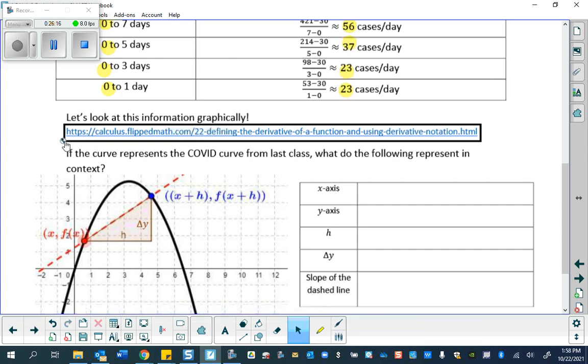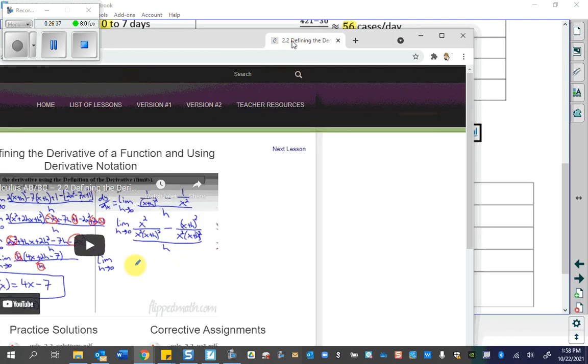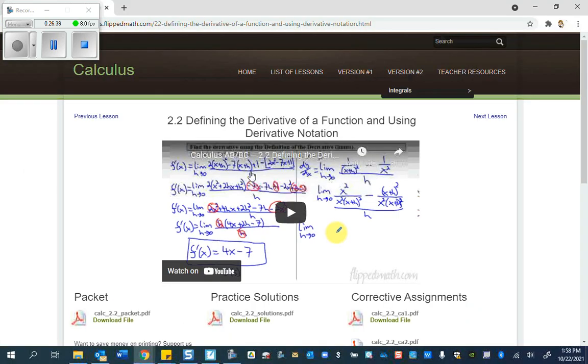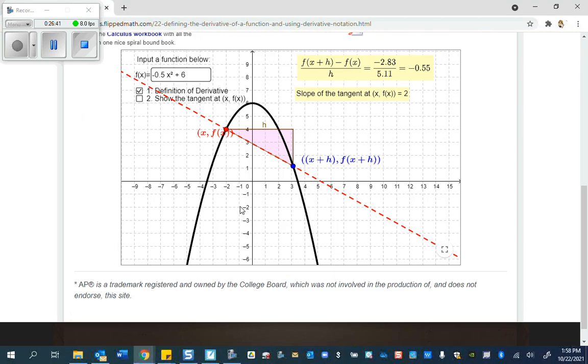This is the coolest graph. Is it going to open? It's probably opening on my other computer. I really want you to play with this graph, and I'm going to put this link on Schoology so you can play with it because you're going to love it. Okay, so